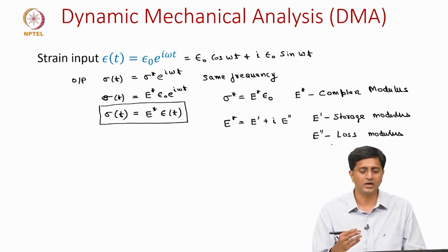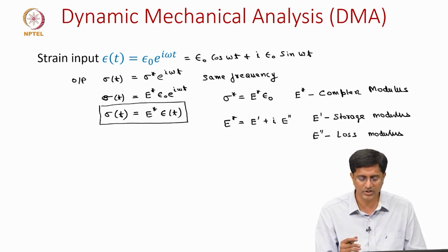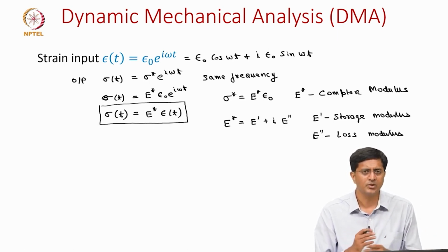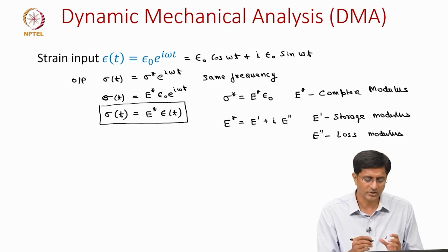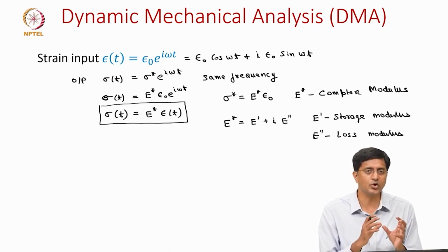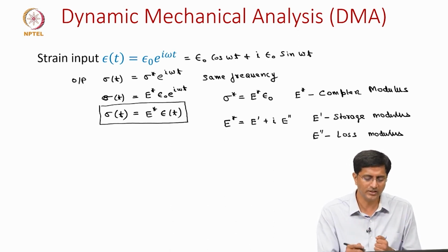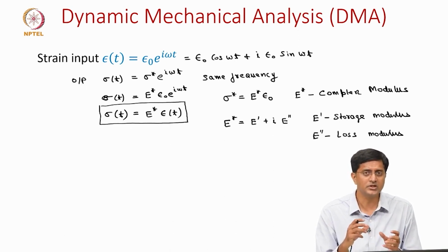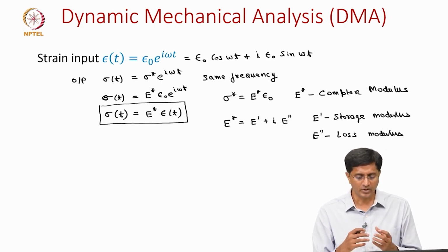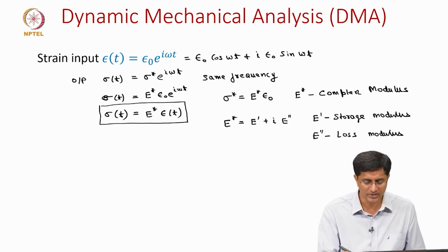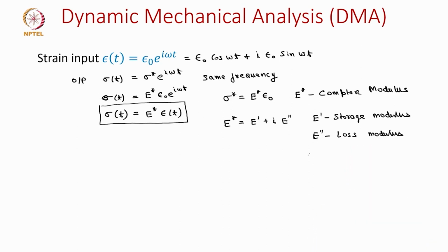The reason E dash and E double dash have these names of storage and loss modulus is that the first term, E dash, takes care of the stored energy per unit cycle, and E double dash you will see is proportional to the energy dissipated. Because we are talking about viscoelasticity, where viscous means there is dissipation, the amount of energy dissipated is captured through E double dash. So let us say D is the energy dissipated,